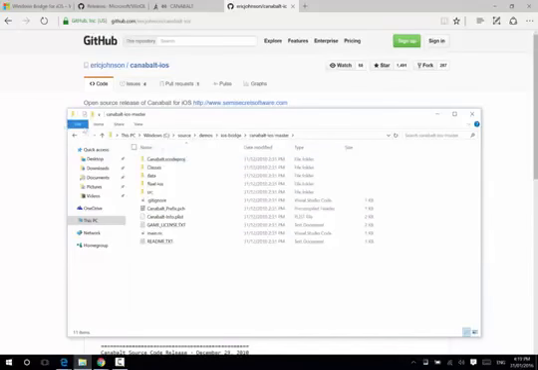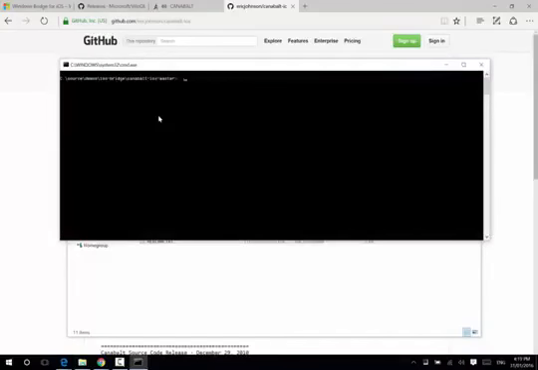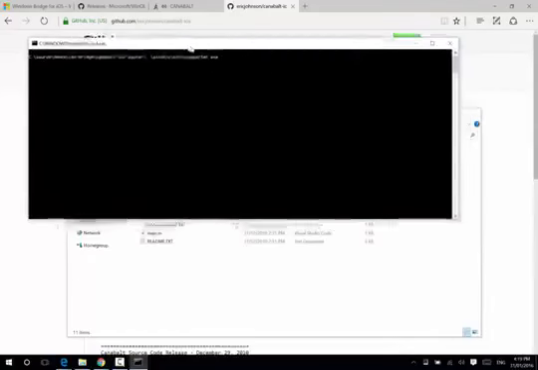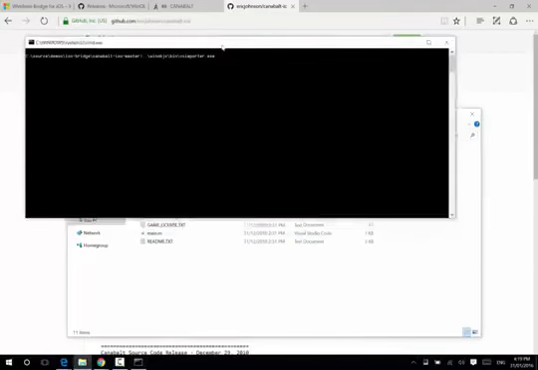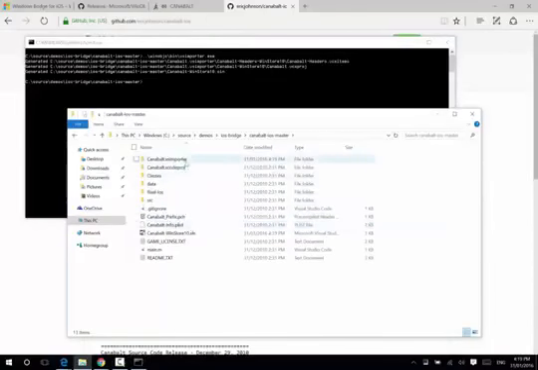If we go back to the Canabalt source code, let's open up a command prompt here, and we'll execute that tool, /bin/Visual Studio importer. Now, if we watch here, we'll see that as I run that importer, it'll go and generate a few files. So it's generated the Visual Studio solution for us. If we open that up,